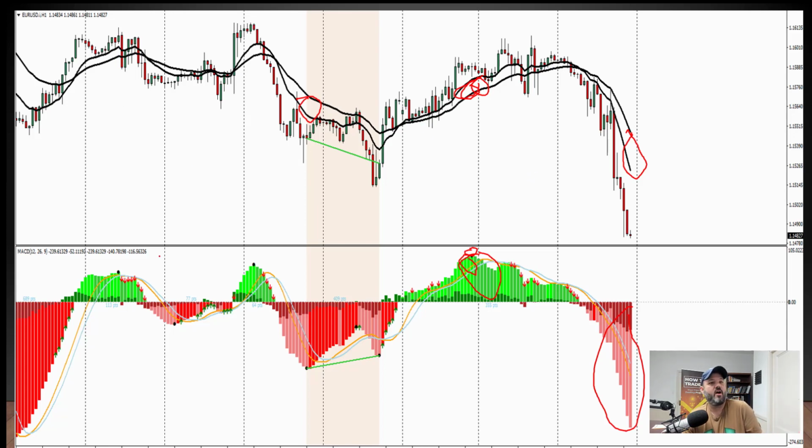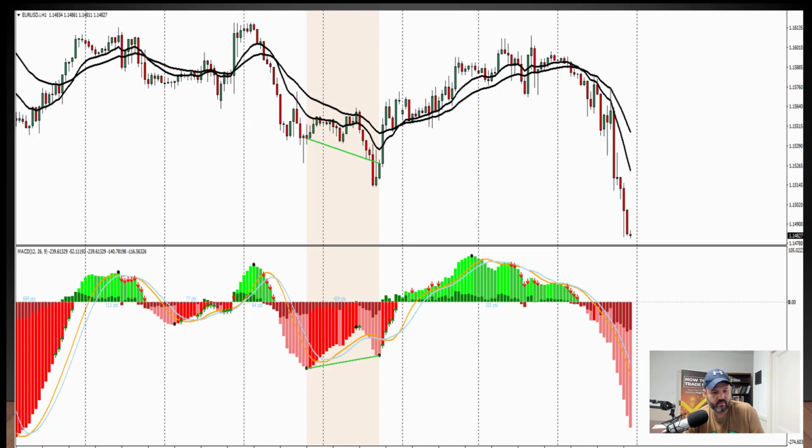All right, now the other thing is, you see when the moving averages are all twisted and tangled, that's when the MACD is going flat and sideways, and that is an indication we have a ranging market and we don't want to trade that. So that is how the histogram is represented,